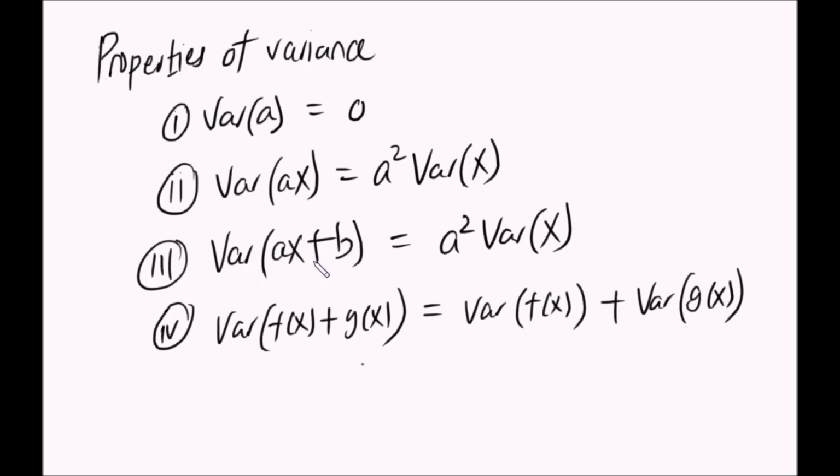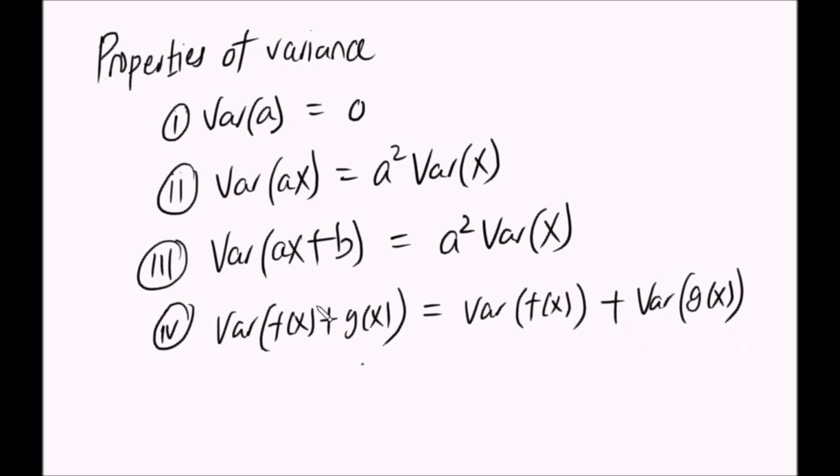The variance of ax plus b is equal to a squared times variance of x, third property. So you can see variance of ax and variance of ax plus b are the same. And then the variance of f of x plus g of x is equal to the variance of f of x plus the variance of